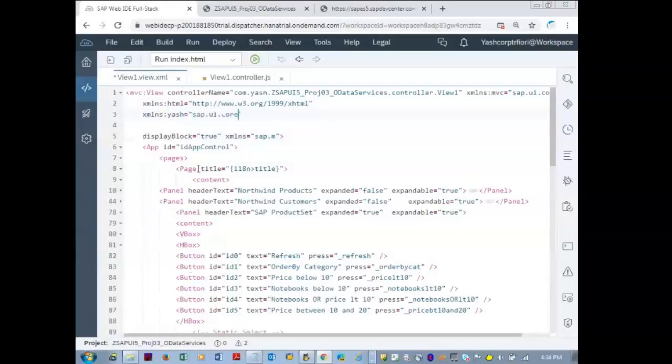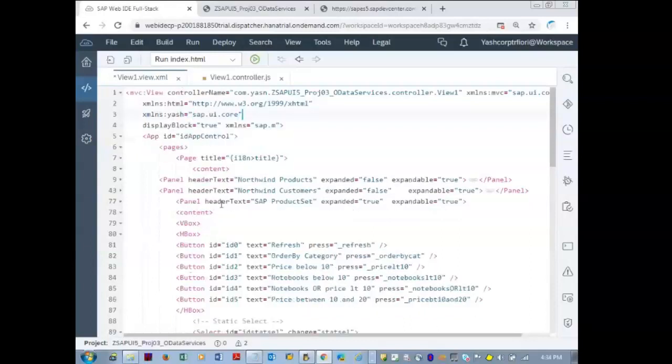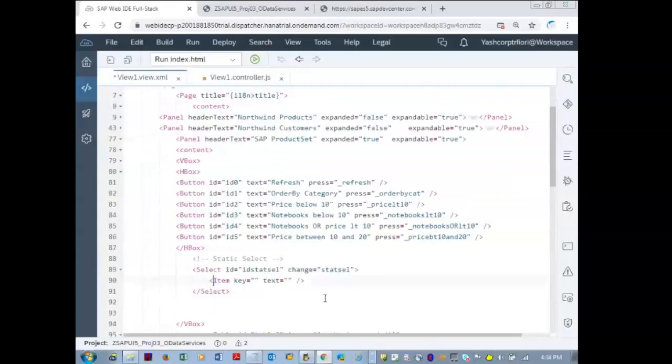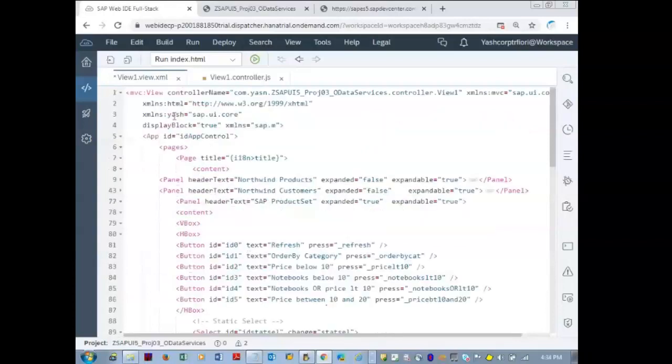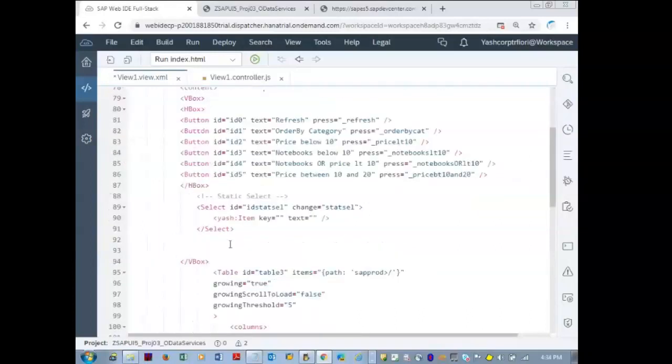I'm using this Yash word here for sap.ui.core. Any item inside this, I use Yash colon. Basically the practice is to use core here, the core colon item.